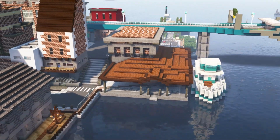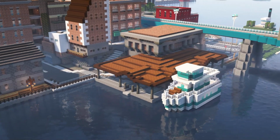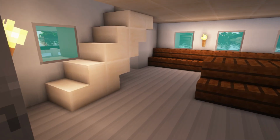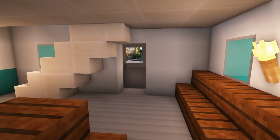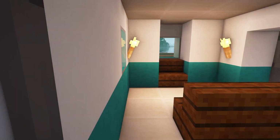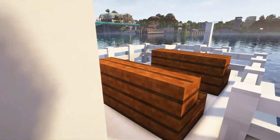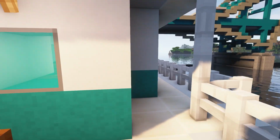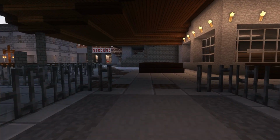Based on a ferry terminal that I used a lot growing up, almost daily, as well as some of the boats here that are sitting around, which you can check out if you want. You can walk around on the boats. Not much to them. They are a little bit undersized. Once in a while, the scale that I'm using does kind of bite me, but that's okay. So if we come back off the boat,